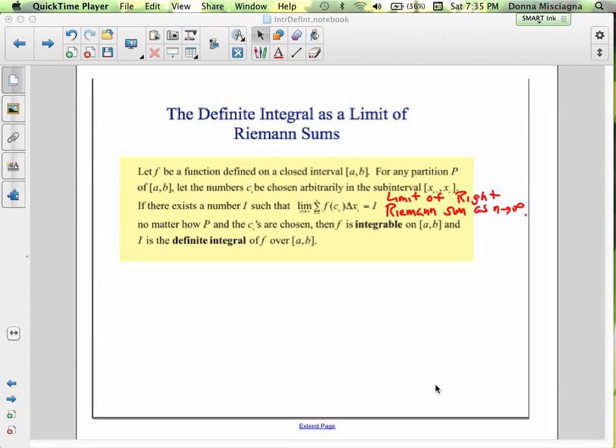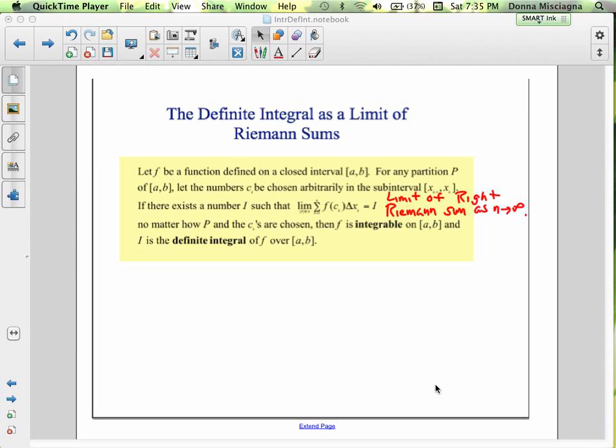So, the definite integral as a limit of Riemann sums. Let f be a function defined on a closed interval [a, b], and for any partition P of [a, b], let the number c be chosen arbitrarily in the subinterval between x_k plus 1 and x_k. If there exists a number I such that the limit of right Riemann sums as n approaches infinity exists, no matter how the partitions and c's are chosen, then f is integrable on [a, b], and I is the definite integral of f